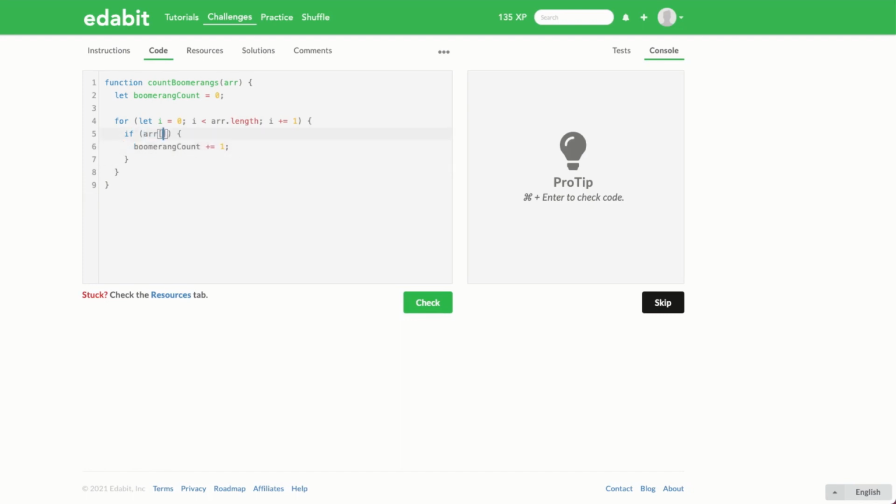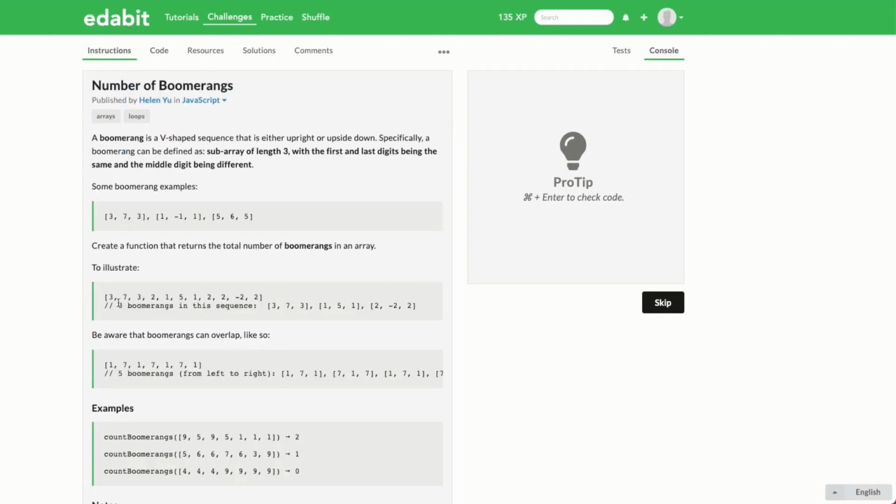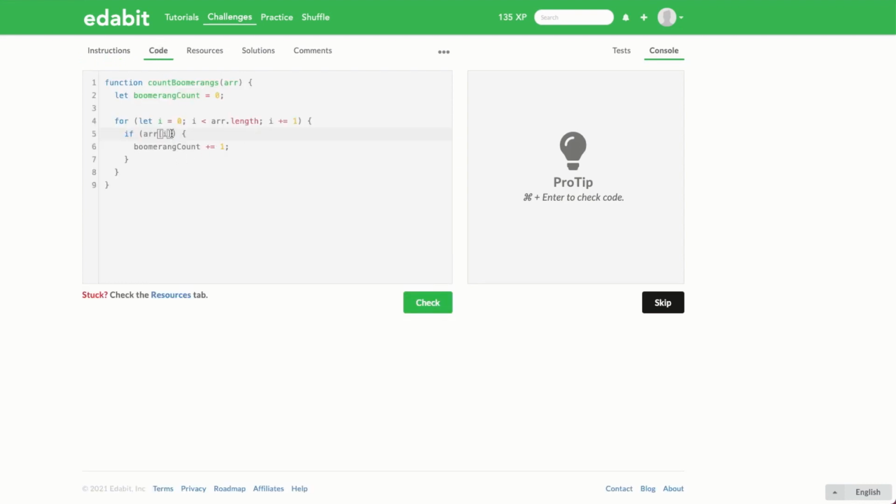So within our for loop, we've got the index of the item that we're currently looking at in the array. This is the current, or will be the first item to start off with. And we want to check if that is the same value as the array item that's 2 positions forward. So if we go back and look at one of the example arrays, here we're looking at the 0 indexed item, and we want to check this one here to see if it's the same. So we'll do that by saying, is this array item here,